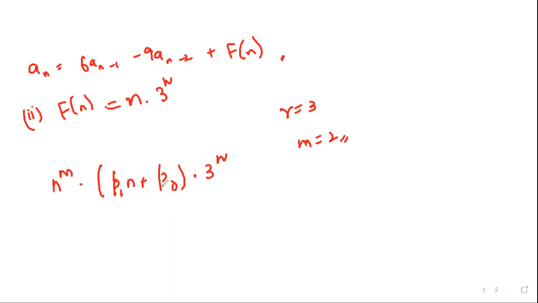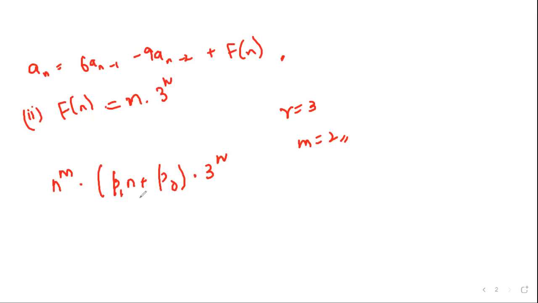If we have n square, we'll be taking three terms. If we have n power 4, you will be taking 4 terms over here. So you get the gist of what I am saying: whenever we have n power whatever over here, if we consider 1, it was n power 0, so we were taking only p naught. If we have n power 1, we will be taking 2 terms. Okay, so I hope you have understood what I am trying to say.